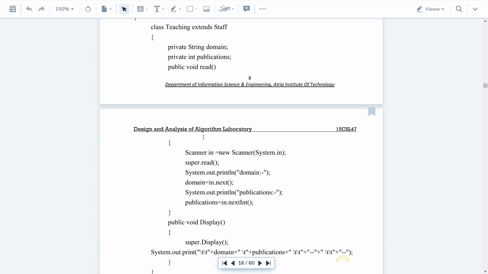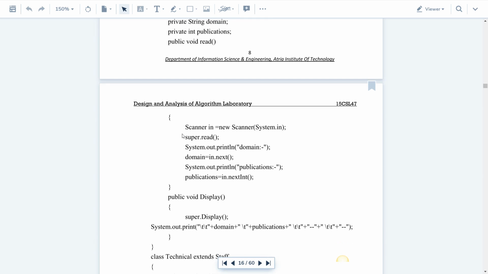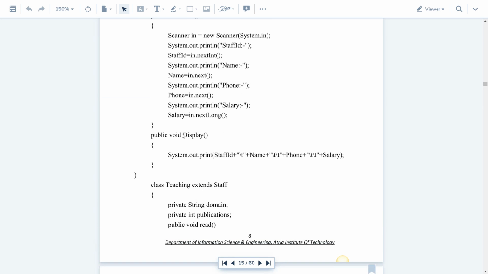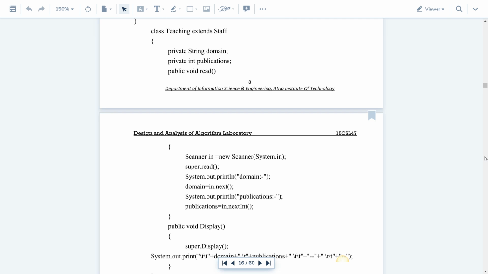When the pointer is pointing to this super dot read, the entire block gets executed.